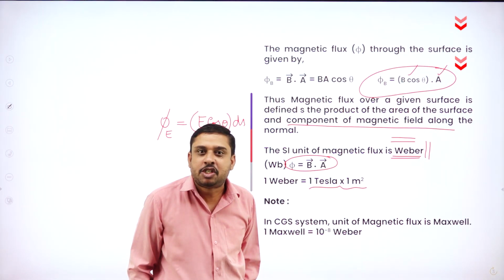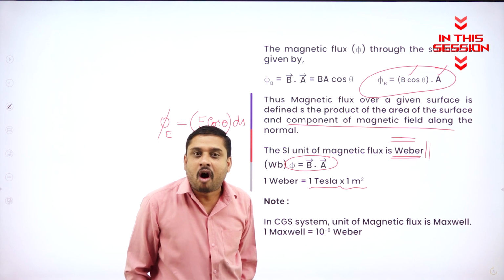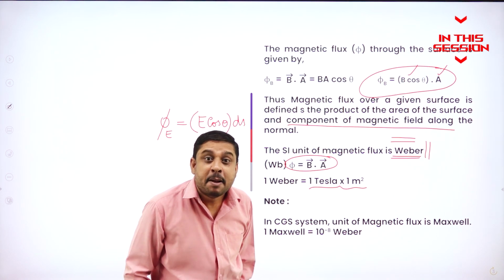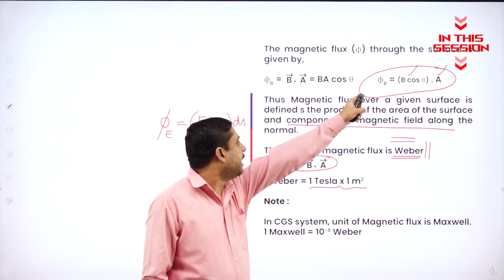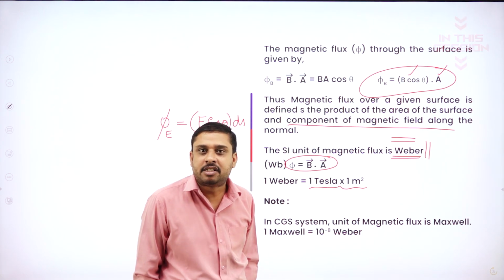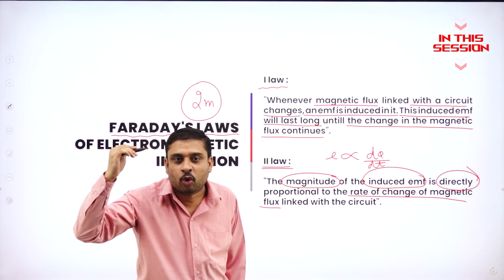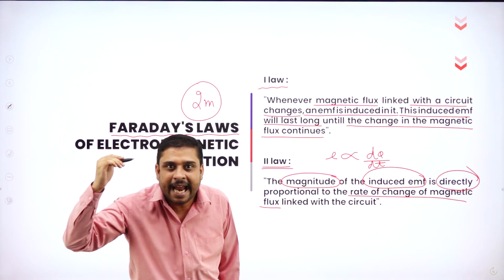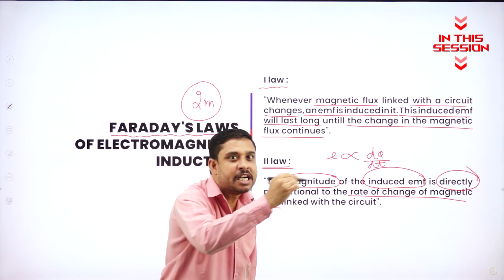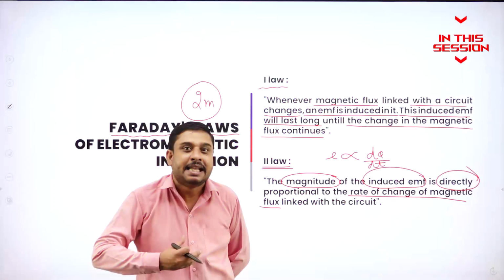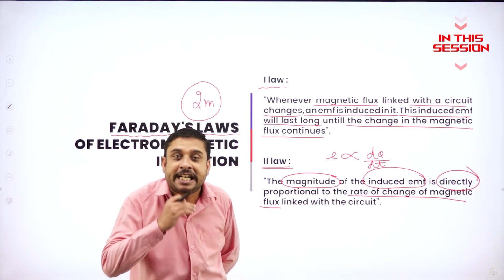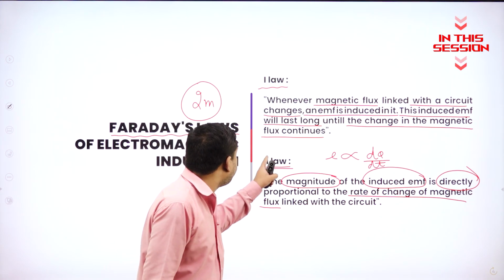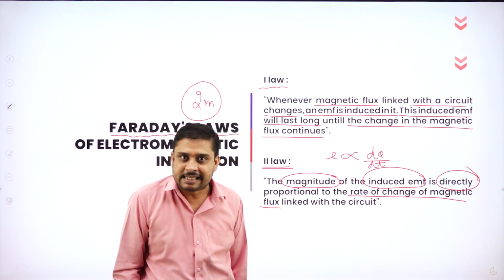The component of magnetic field along the normal and the area of the element. If the magnet is moved with great speed towards the coil, the informative source from Faraday's second law is that